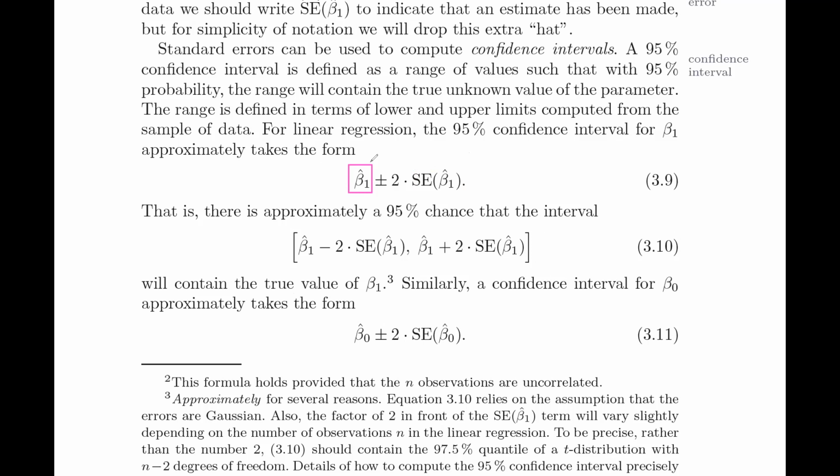That's not enough. Any seasoned committee member or member of the board is naturally going to ask, well, okay, this is all well and good. What are your margins of error? What is your confidence interval? What is the risk that